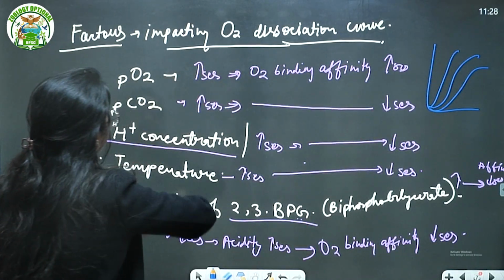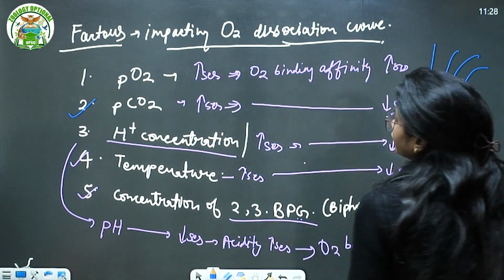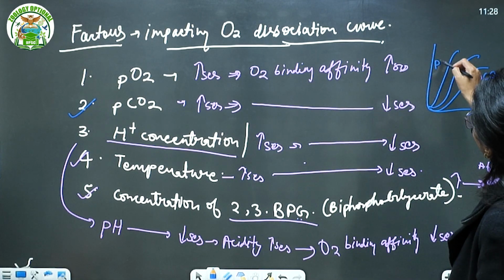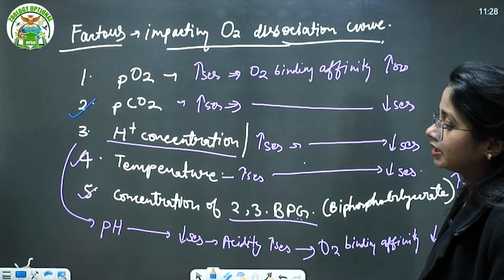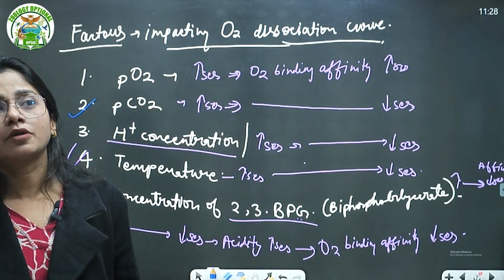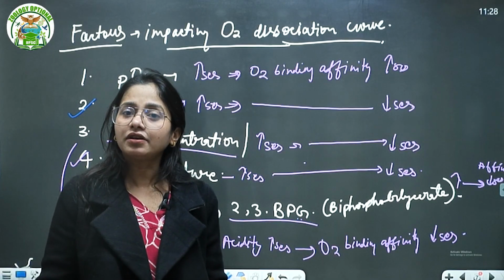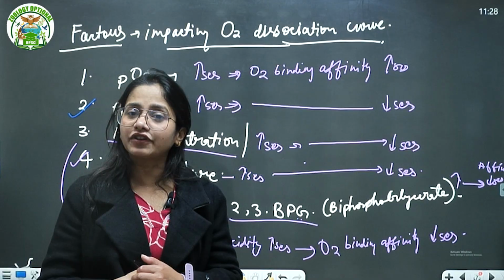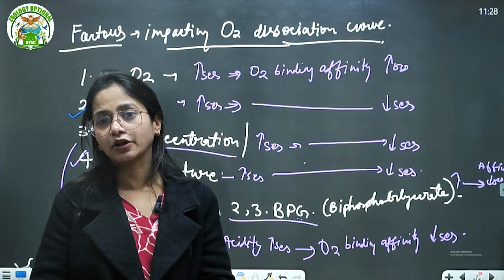Suppose we take any of these: if the PCO2 increases, the oxygen binding affinity with the hemoglobin decreases. Here we are saying that PCO2 is high, here that PO2 is high. This is what we have already talked about. The similar thing occurs with fetal hemoglobin also. When we talk about the fetus, the embryo's oxygen capacity is very high, so in the similar oxygen dissociation curve, it is shifting to the left. Fetal hemoglobin has more affinity for binding oxygen.